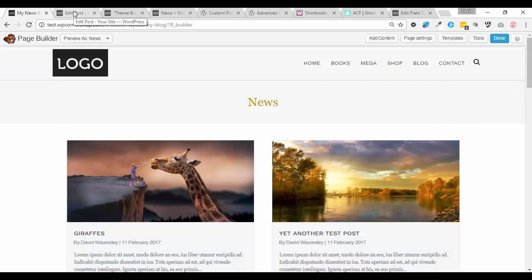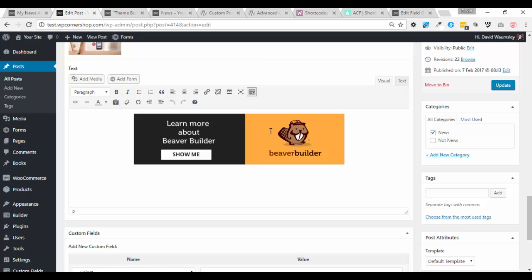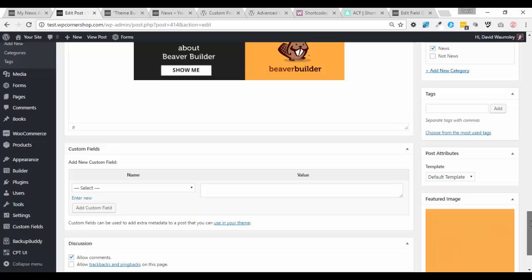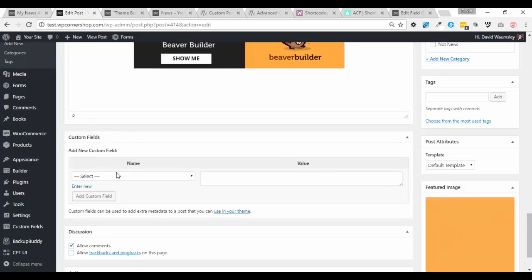Something I should just mention is that custom fields, if you're not already aware, are a part of WordPress anyway. So here we are back in my editor for that post, and as you can see here, custom fields is turned on. So we can add our own if we like. We give it a name and then we give it some value. This is what's actually going to be pushed forward to the front end, whatever the value is here. And then we need to make sure that